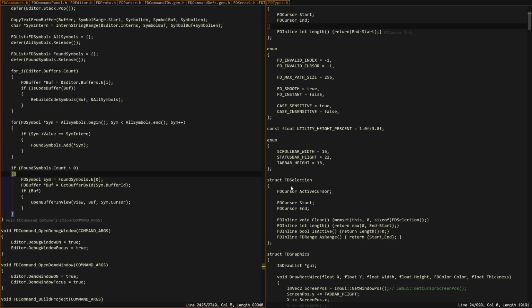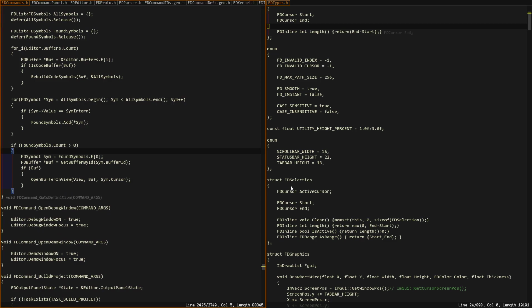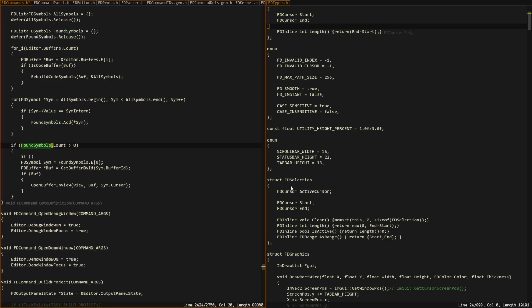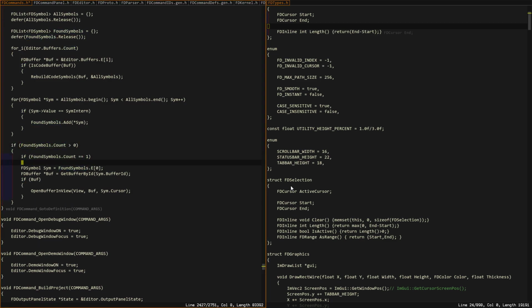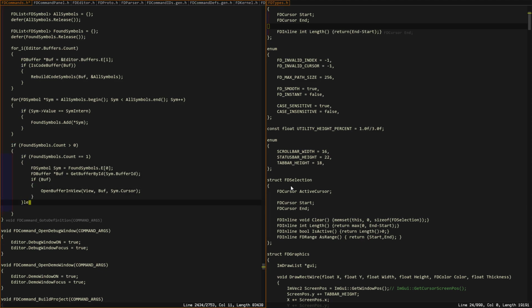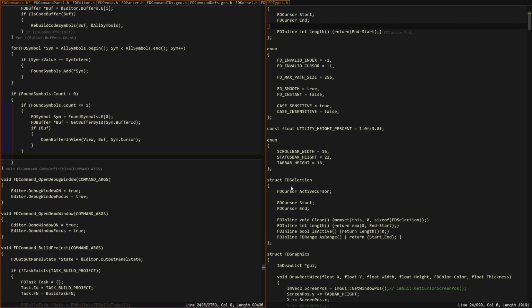This is not really right, because there could be more than one symbol matching, so I guess I should do something like, so if there's one match, do this, otherwise, oops,